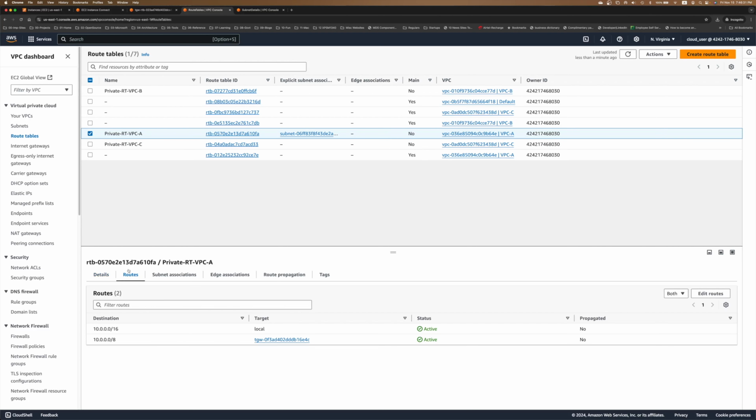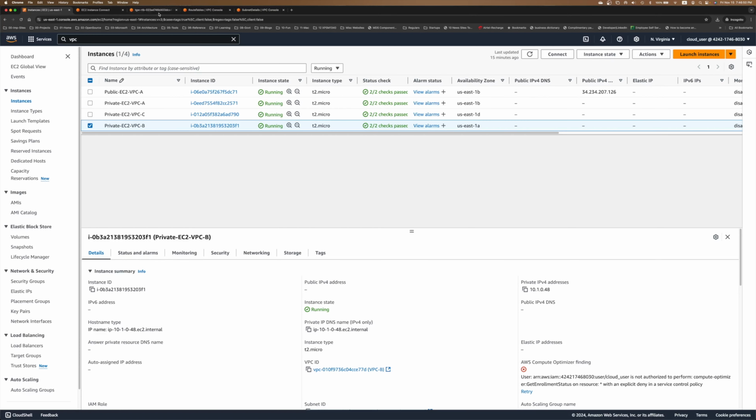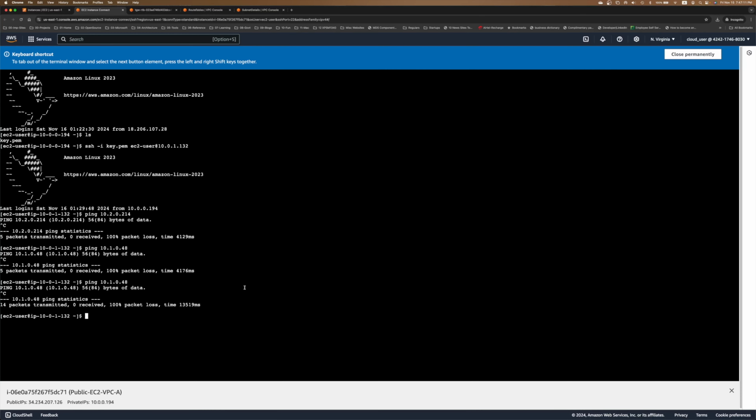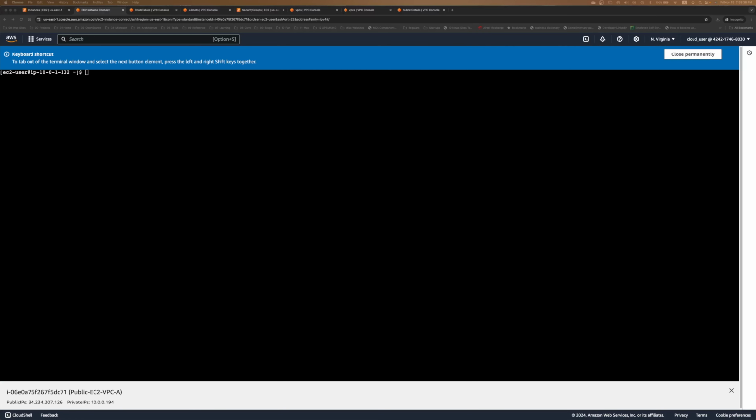If you look at this, any traffic that is going to this particular route will go to the local. If you are requesting 10.1.0.0, which is outside the range of this particular route, it will go to the Transit Gateway. And when it goes to the Transit Gateway, let's look at the Transit Gateway route table. When it goes to this Transit Gateway, it will understand that for a specific route like this, it has to go to the VPC which is associated with this other attachment, like in this case, VPC B. So if you look at the instance connect, if I ping 1.0, okay guys,